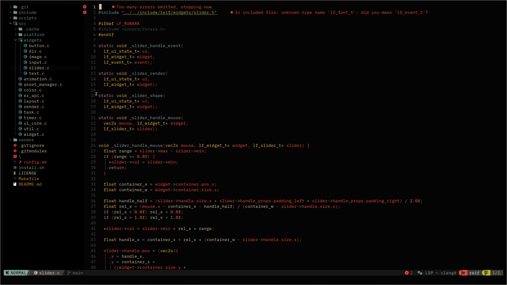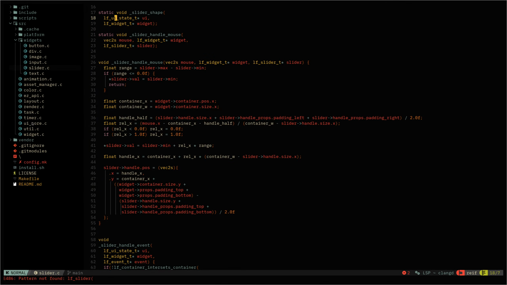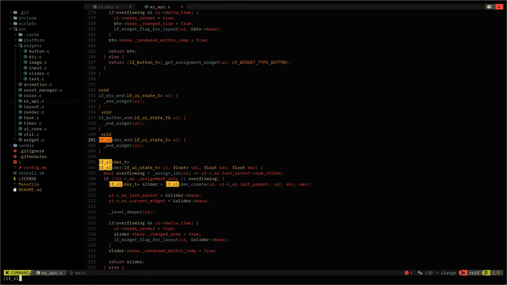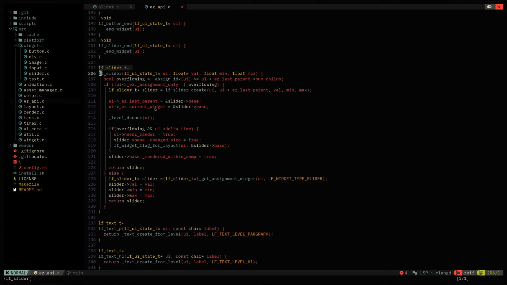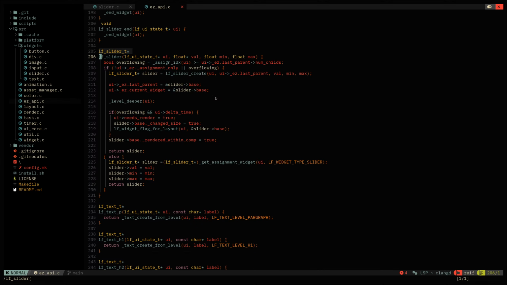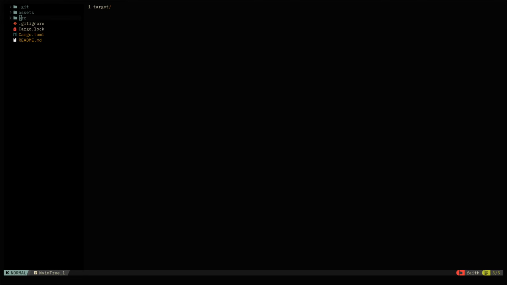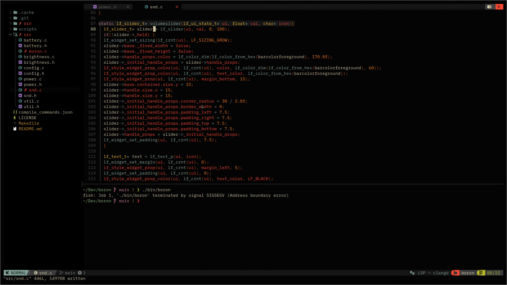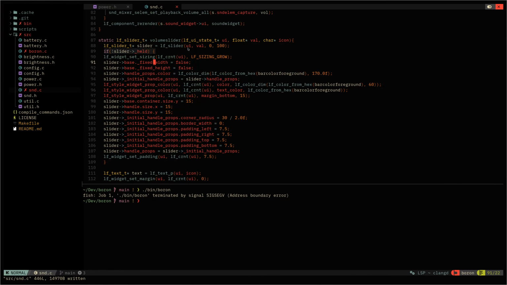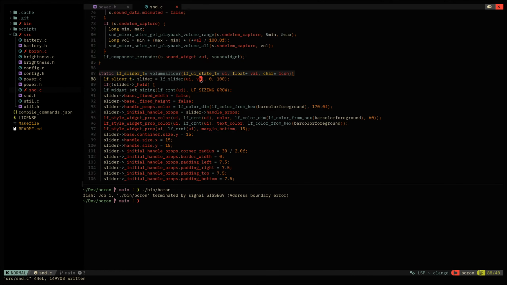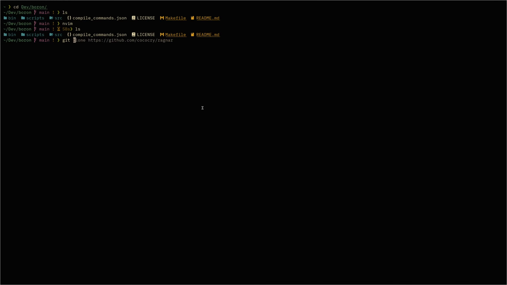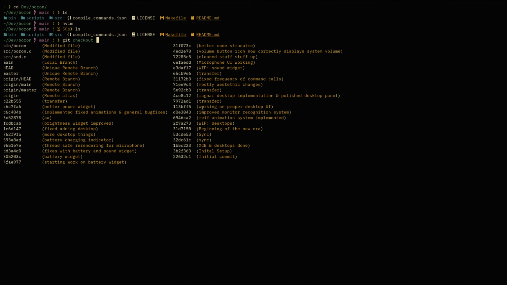So it should be somewhere here. LF slider. I think it's an easy API actually. LF slider. Let's see. Or is it UI value? I mean, what I can try to do is to do something like git checkout, and then let's see,